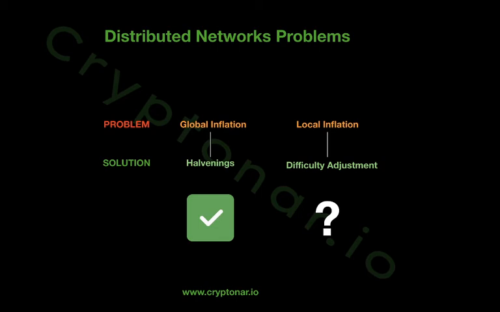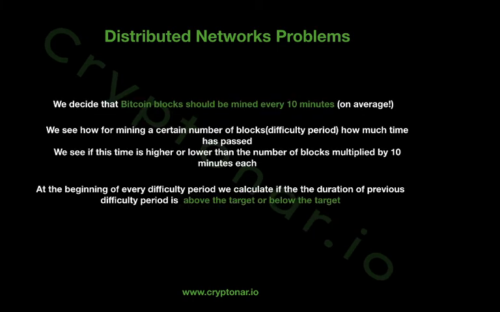So we fixed the global inflation problem, but we didn't fix the local inflation. What happens if a lot of miners join the network at the same moment? They begin to validate, and block production goes very fast. Now we need to adjust the difficulty to try not to waste all the Bitcoin that we can produce in one day, and to have this issuance leaned more towards time.